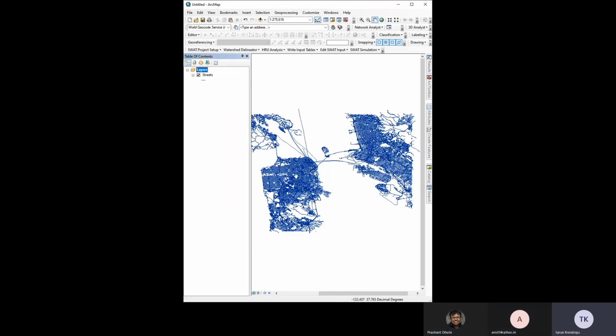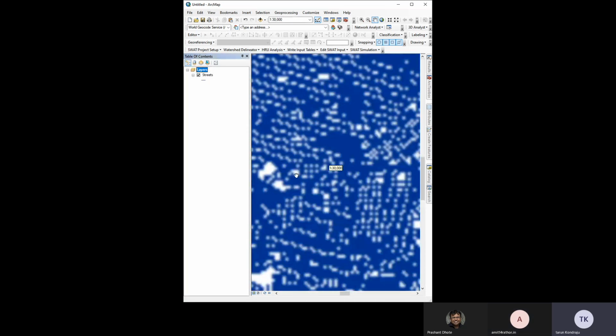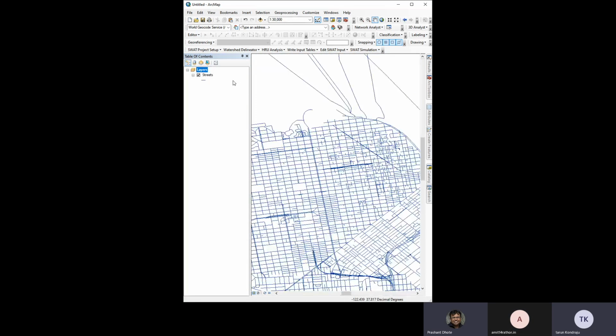So this is the street network of San Francisco. If you look at the attribute table,